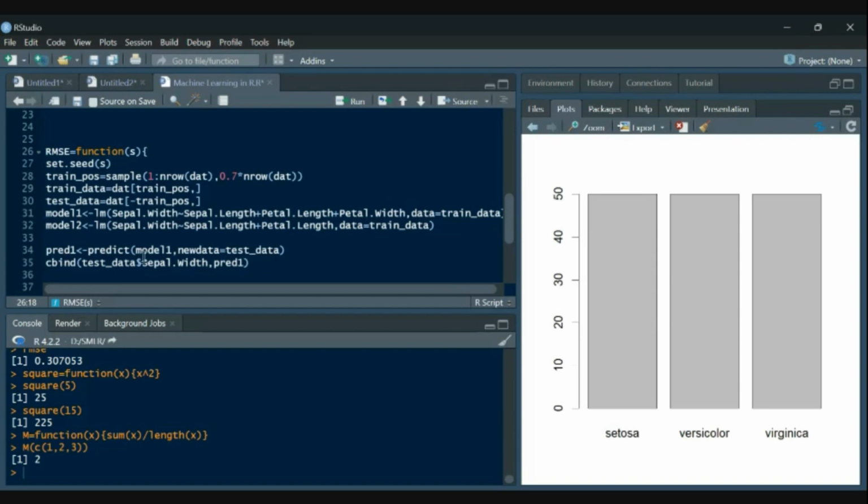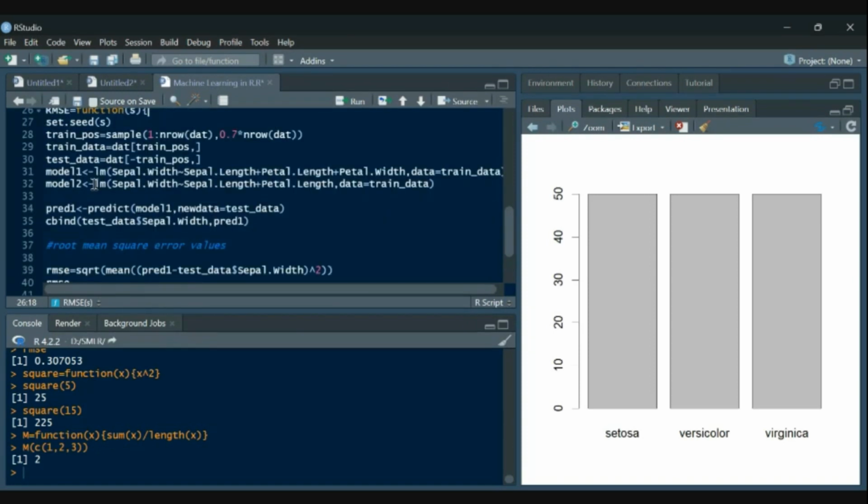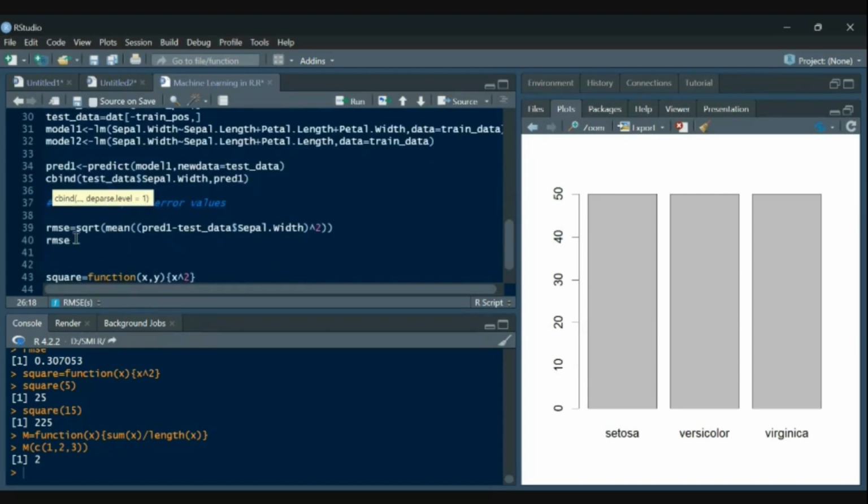Then prediction, then this cbind. Cbind is also not much needed as I'm mostly concerned about the RMSE, but still I'm keeping it intact. And the last is RMSE. And here I'm ending this particular function.